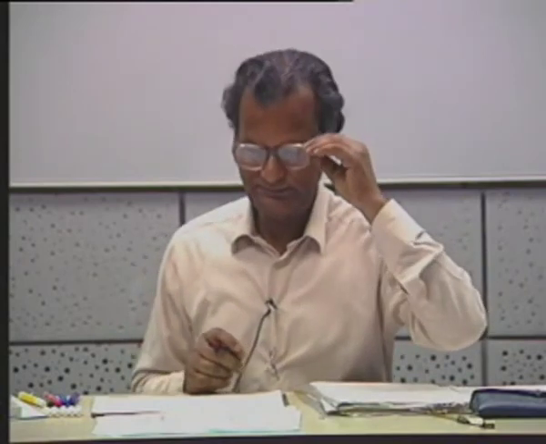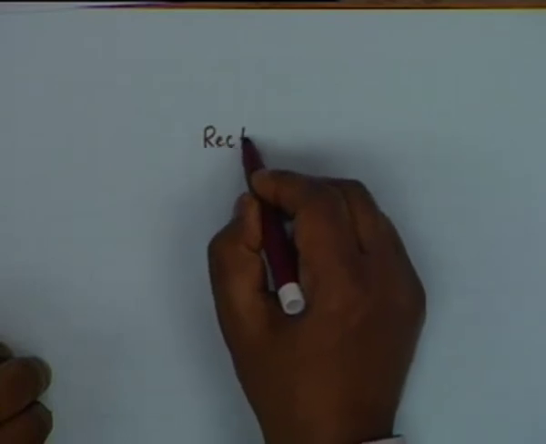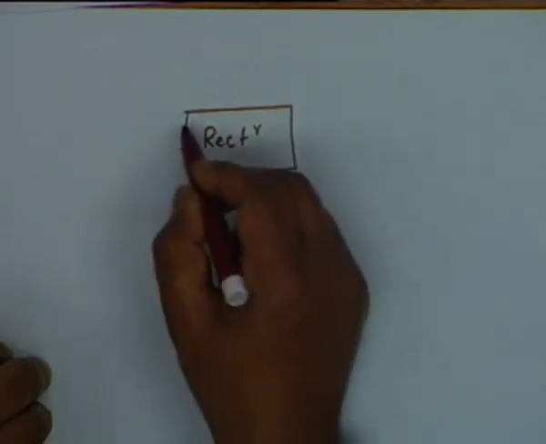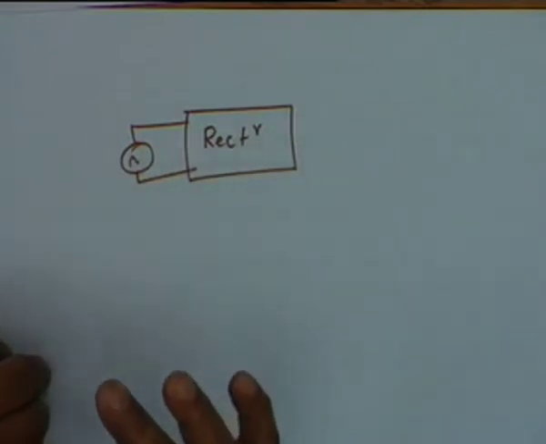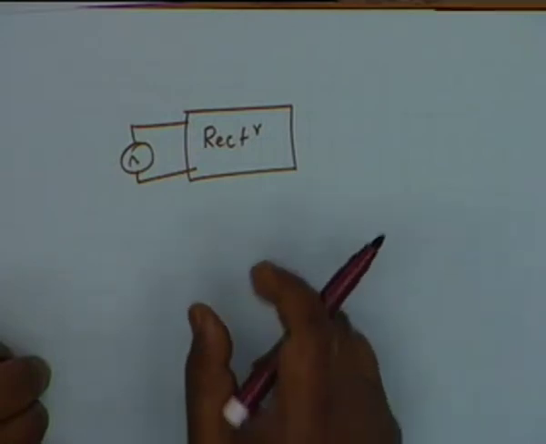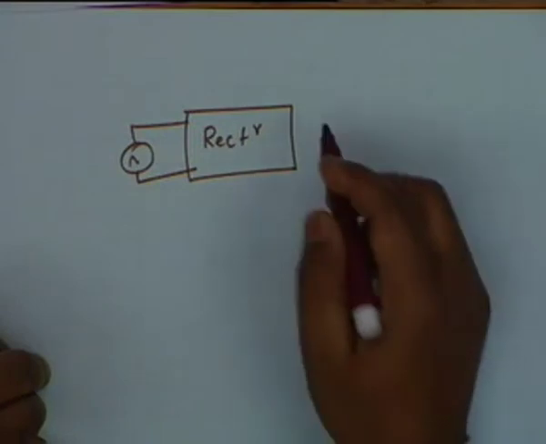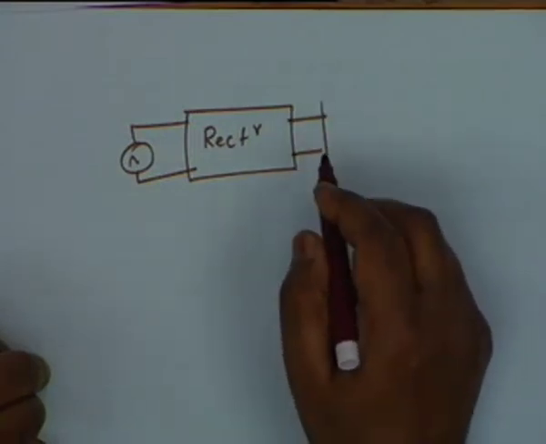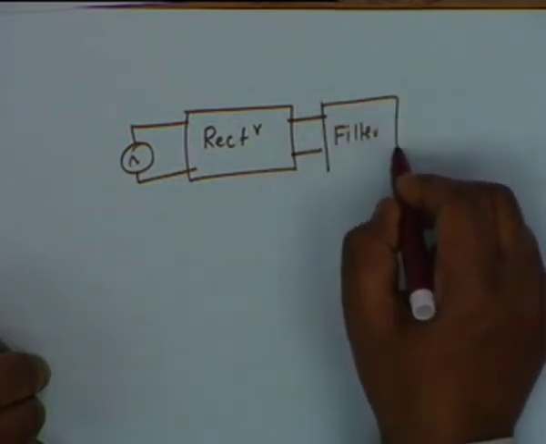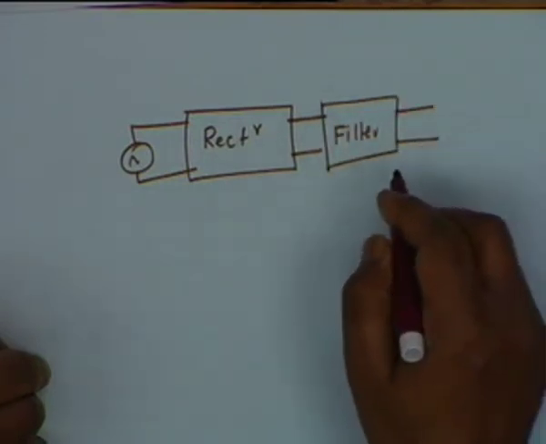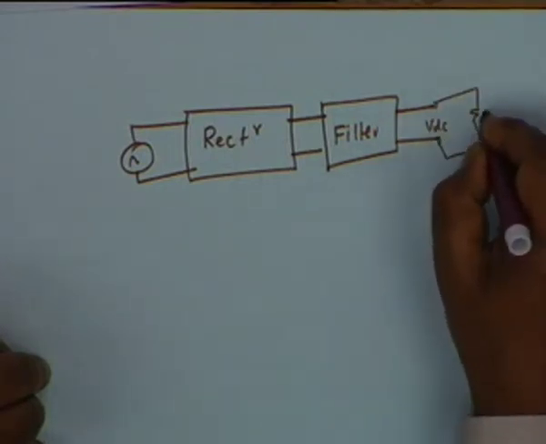The motivation is this: if you want a DC power supply, what you do is you take an AC, you transform it step up or step down, subject it to rectification, half wave, full wave, bridge or the other type. Then, to kill the ripples, you use a filter, you smooth out, and the output should be pure DC. This is VDC, and then you apply it to the load, let us say RL.